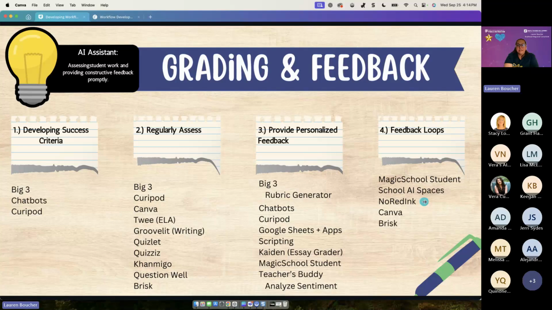No Red Ink has a feedback feature. I do believe they tout themselves as being an AI detector or a checker, which we know is a no-no. We should never ever use those because they're not good. But it does have a feedback loop feature.